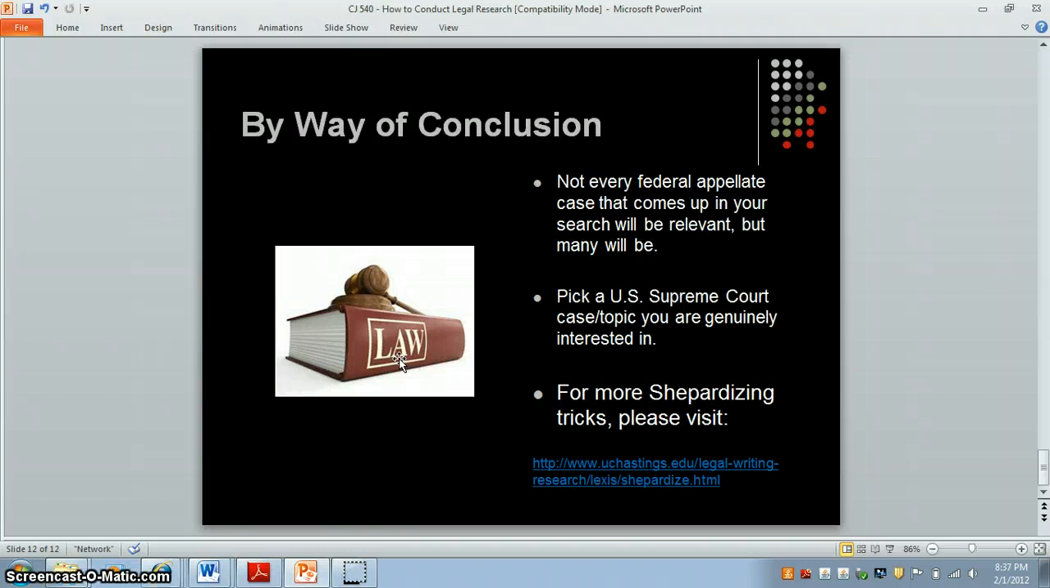So in a nutshell, that is how you should write a legal research paper of this nature. Not every case that you read will be relevant to the discussion, and not every case that comes up will be included in your analysis. And you don't have to include every single case. It's not expected. Having said that, though, if a federal appellate case includes your search terms and is relevant, you